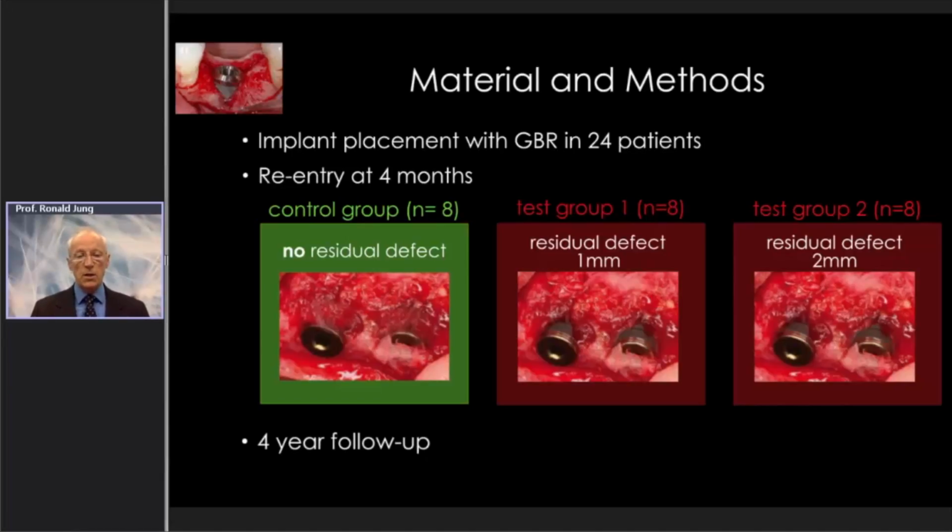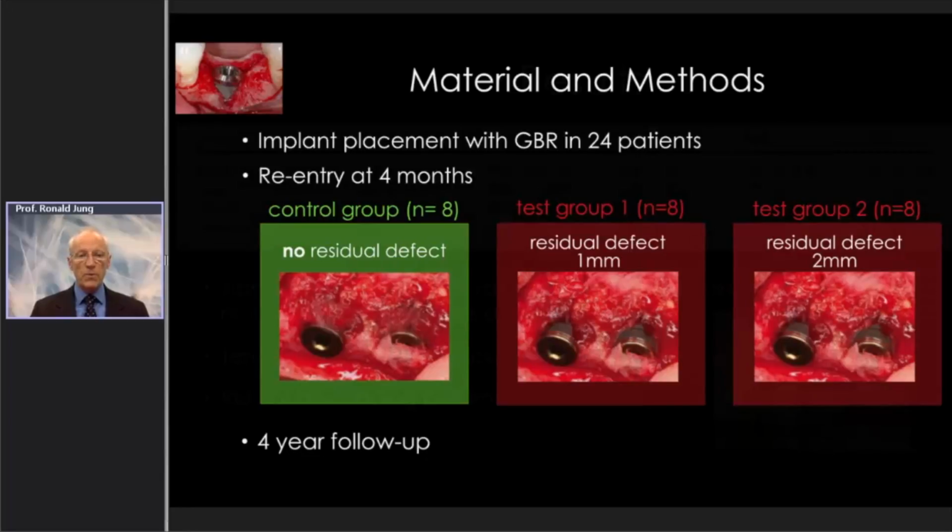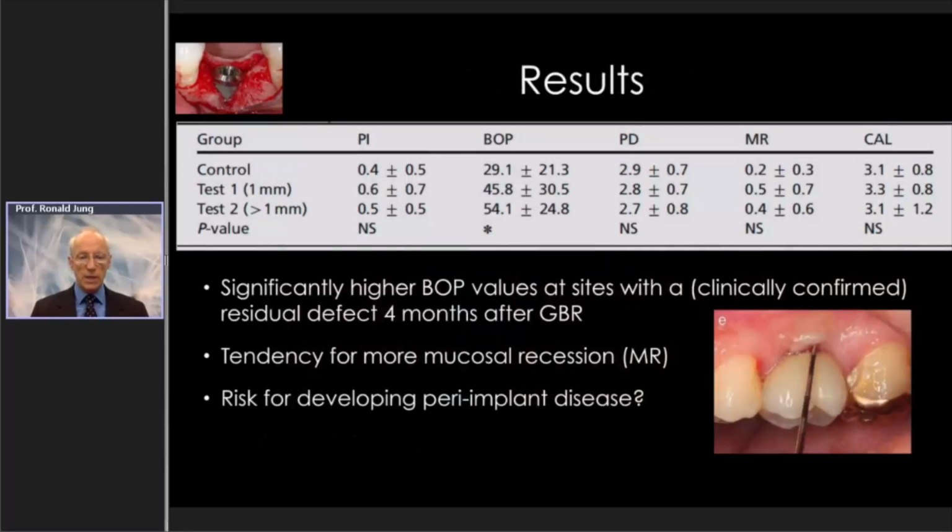What did we see at the 4-year follow-up? I'm just going to read the text. You don't have to look at the table because the text explains the important findings. Significantly higher BOP values at sites with a residual defect at 4 months after GBR. There's a tendency for more mucosal recession. And the question is, is this also a risk for the development of peri-implant disease? So in the longer term, we do see these changes between groups with successful and non-successful GBR,